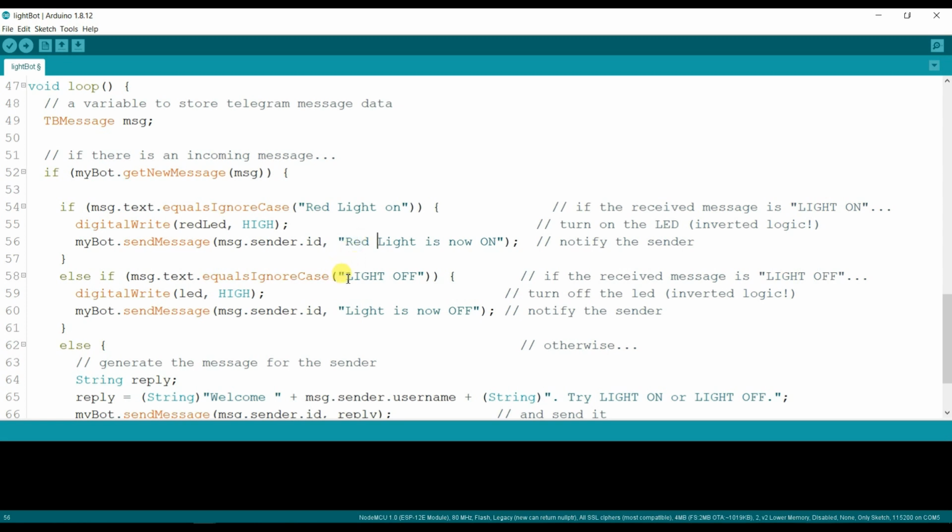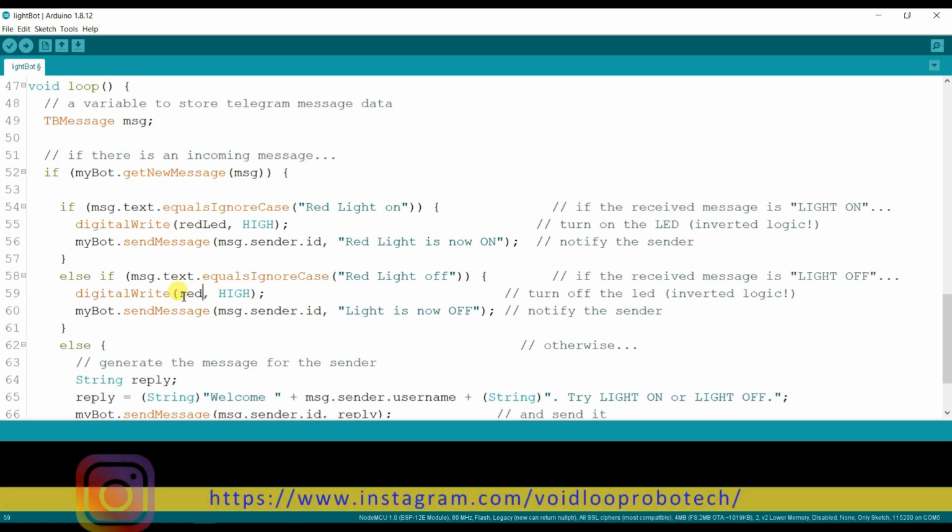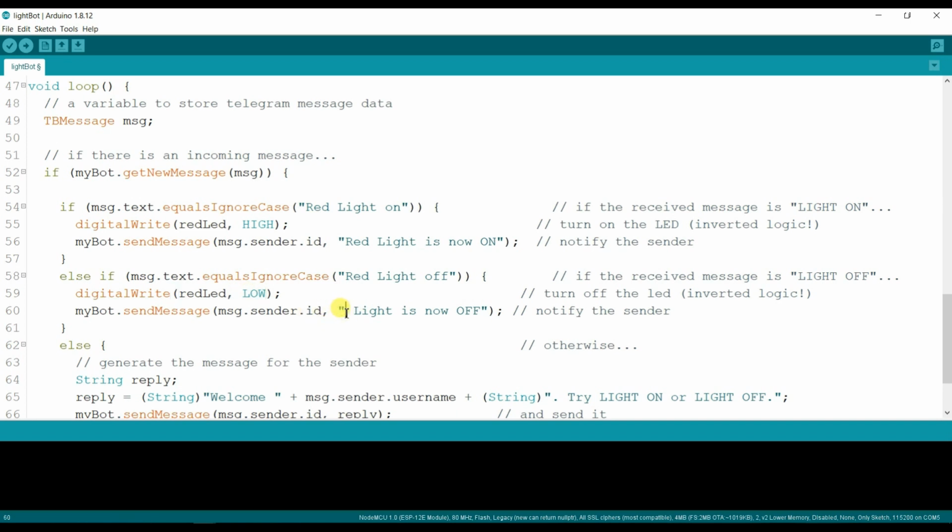Okay, and now if I send red light off, then red LED will be turned off, so low. Here I will get notification from Telegram.